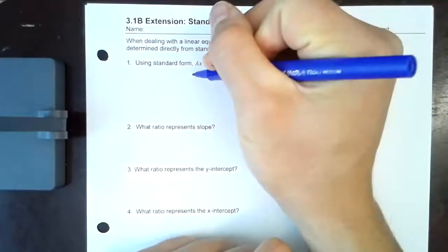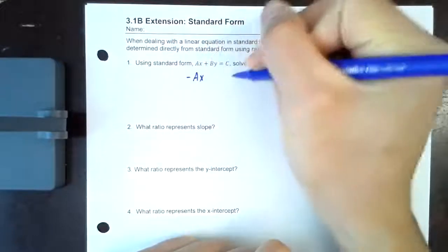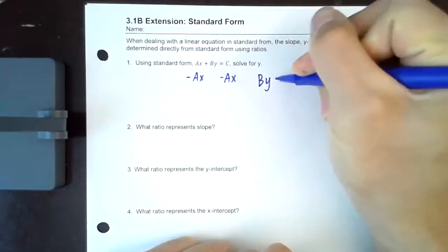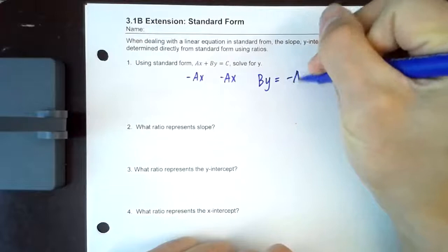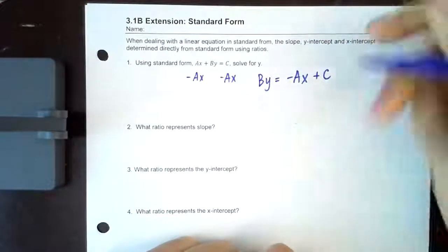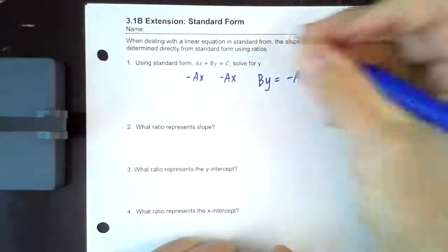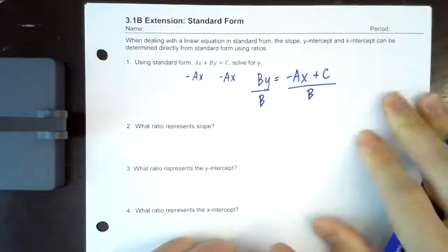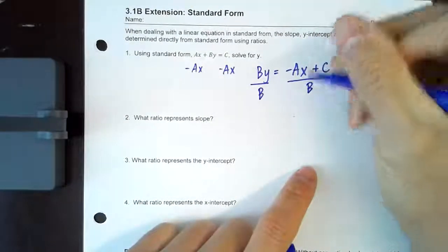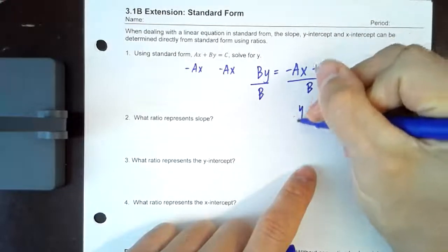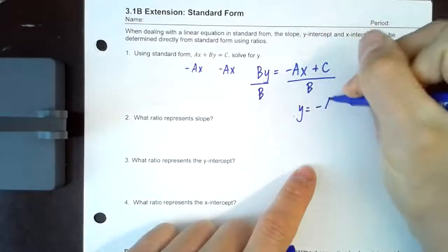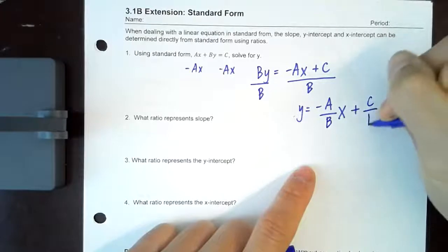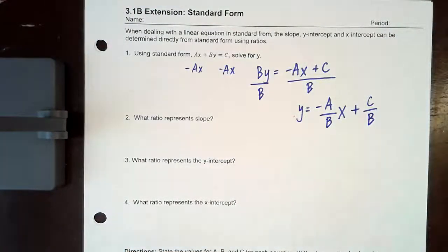The first thing I'm going to do is subtract ax from both sides, and I end up getting by is equal to negative ax plus c. And now I'm going to divide the entire equation by b. So your final answer in slope-intercept form is going to be y is equal to negative a over b x plus c over b. And that's actually quite interesting